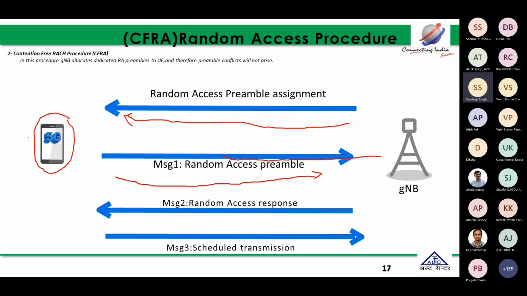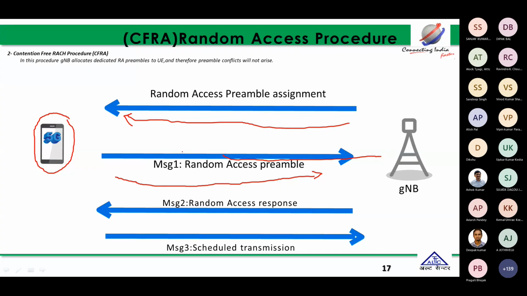The random access preamble is transmitted by the UE to the gNodeB, and the random access response, similar to message 2, is sent by the gNodeB to the UE, along with the scheduled transmission in the random access response. There is no need of the contention resolution message 4 in that type of